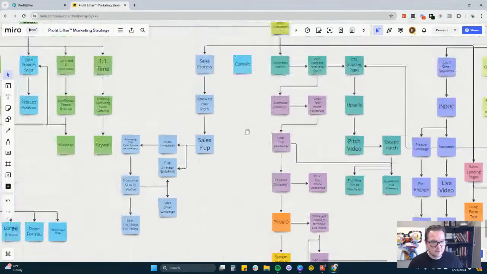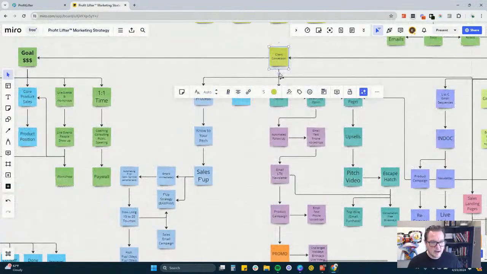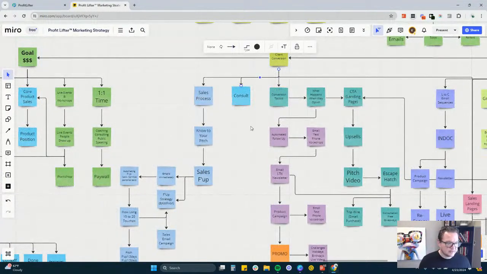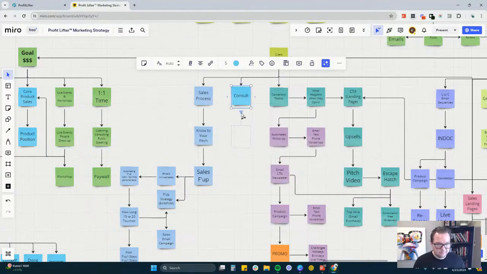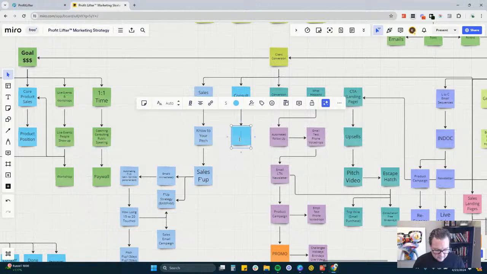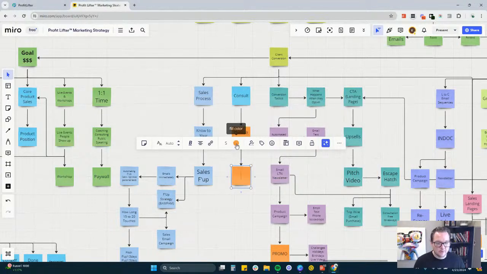The reason that I want this here is because nine times out of ten, if you're in a higher ticket sales environment or you have to meet with people, then we want to have the consultation. And this is going to be the consult funnel. And this is already built out, but part of my vision for the consultation funnel is